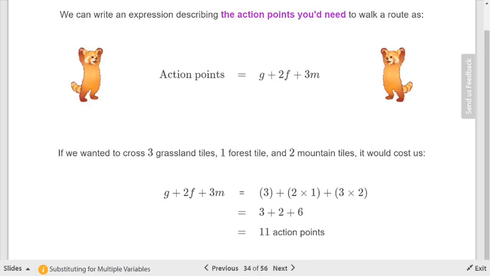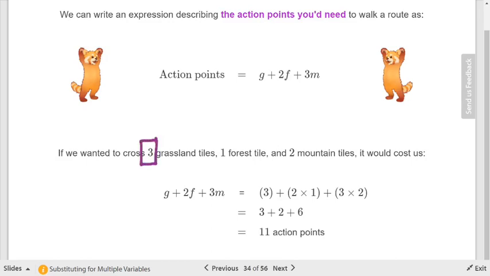And so it's 2 for every forest and 3 for every mountain. Yeah? So that's where we get the formula for the action points. That's why they have the 2 in front of the F and the 3 in front of the M. So if I wanted to evaluate that for those particular values, all I would do is in place of the G,